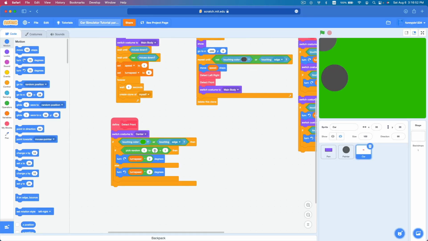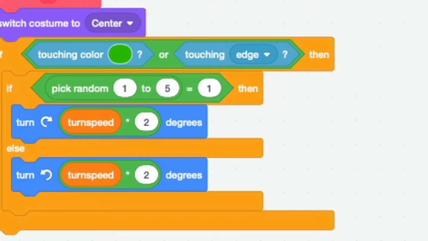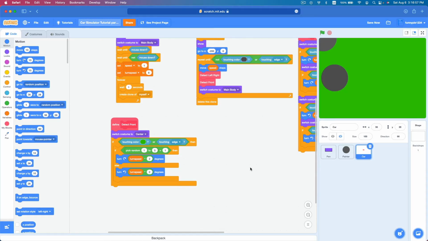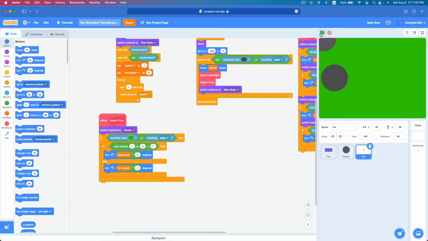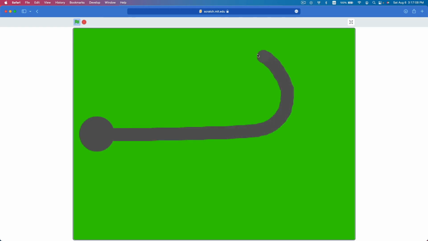We can decrease this chance. I'm just going to set it to 1 to 5 maybe. 1 in 5 so that there's a higher chance. Okay, so now we have a car working, kind of. Now we have a sort of working car simulation. Watch this. I'm going to create a long path like this, add a loop like this. How about that? So right now the cars should be spawning in, and now you will see that they are going to obey all the rules of traffic. They are going to go around and they are going to follow the road, which is good,